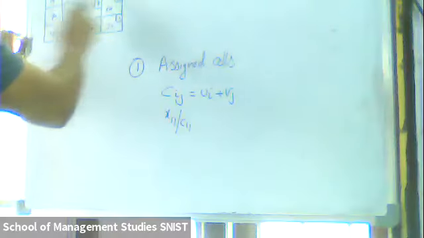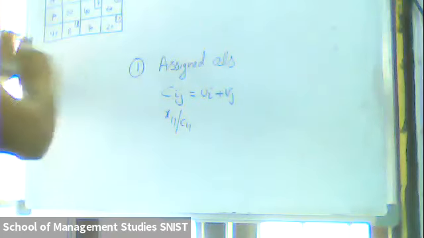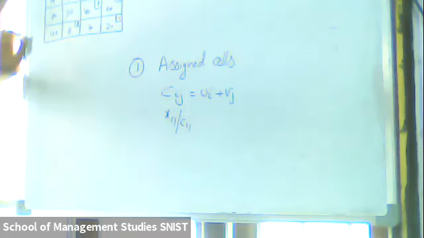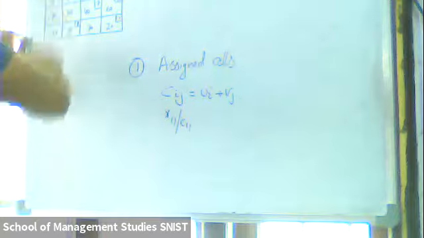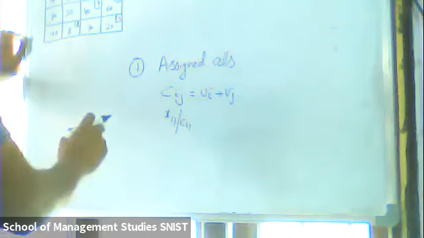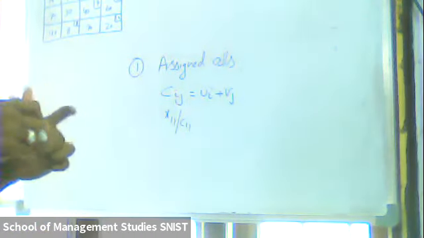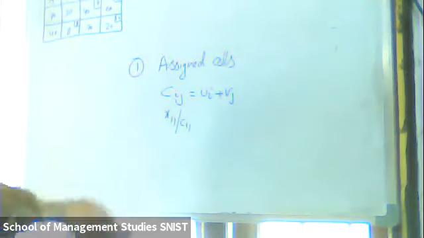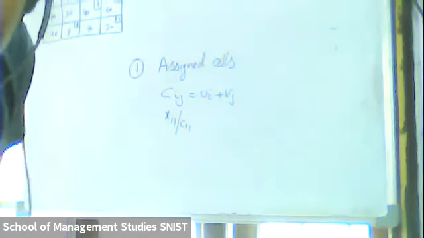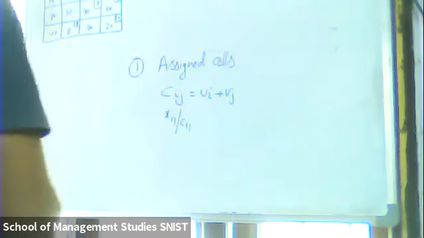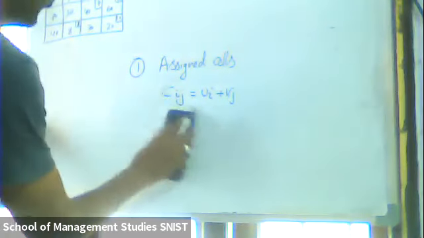I is 1, sir. I equals row wise, and J is column. Okay, Cij, or maybe I may say x11 or C11. Even if I mention Cij or x11 or C11, I think you understand what I'm talking about. Sir, can you explain one more time? Yeah, let me explain one more time, or else I will write this. Wait.